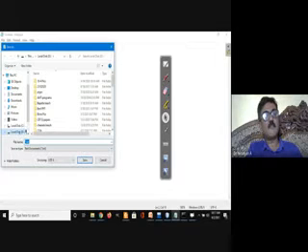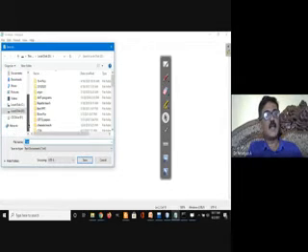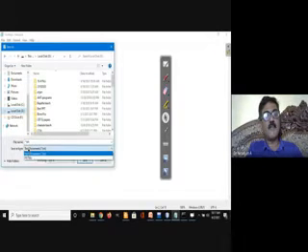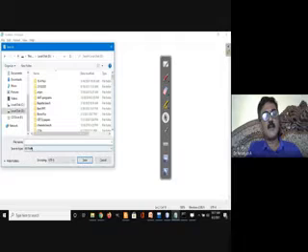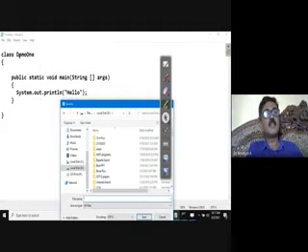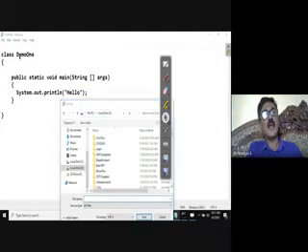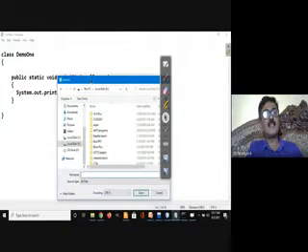Okay, you can save anywhere. I have chosen the selected folder as D drive. Be very careful. Choose the save as type as all files. By default it will be text documents. Choose all files here. And what is the file name that I need to use? It should be same as that of the class name, including the case.